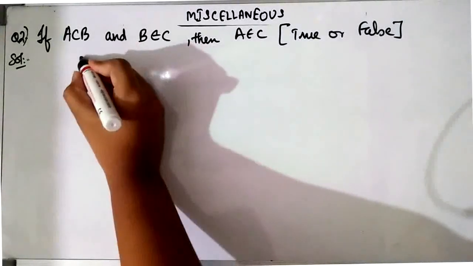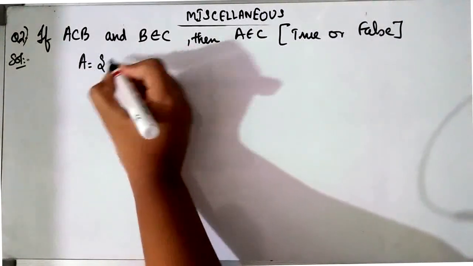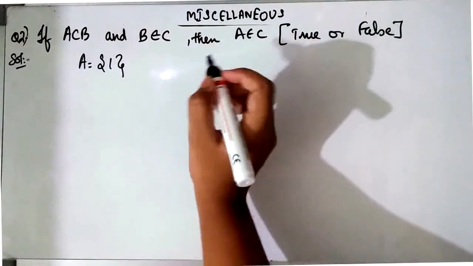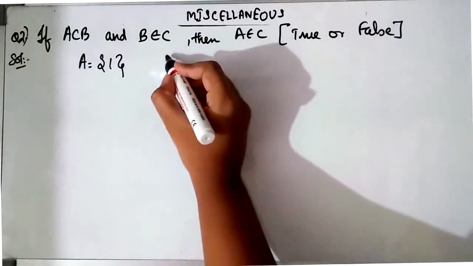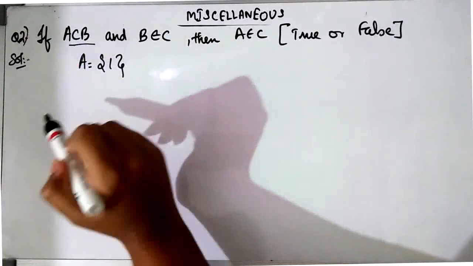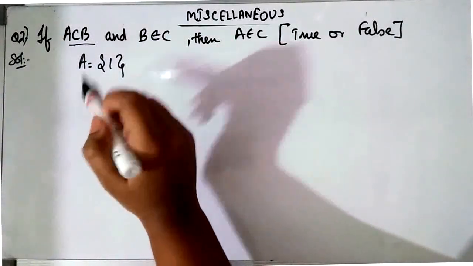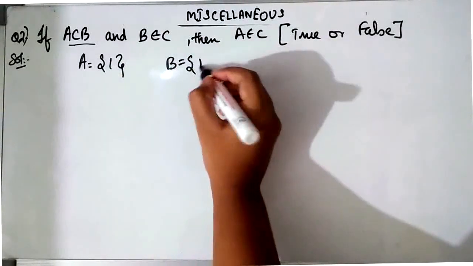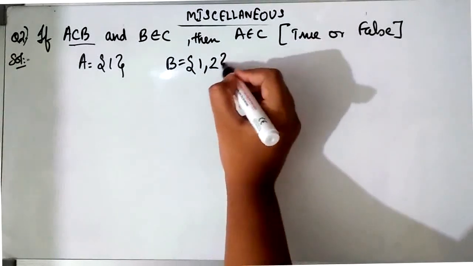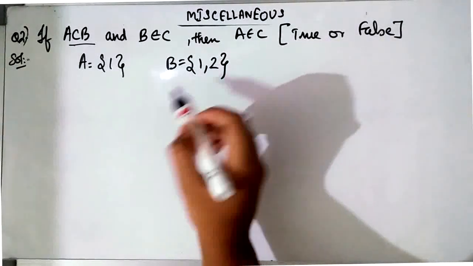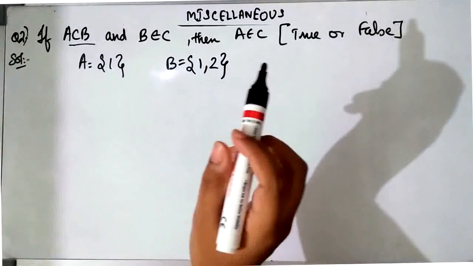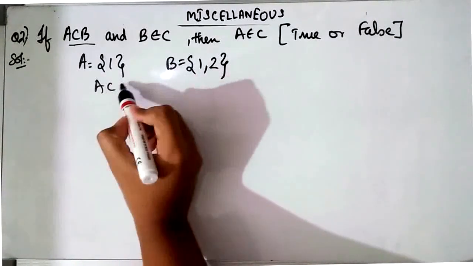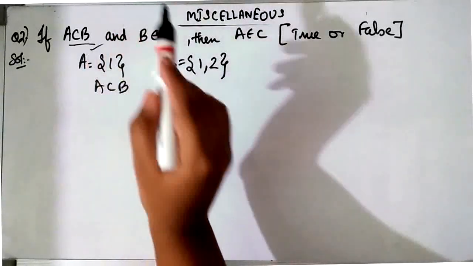Now let's see. Now okay, so I'll take set A to consist of one element, that is 1. Okay, now since first we will fulfill this condition. Now A is a subset of B, that is what they have said us. So we will take B in such a way that A becomes a subset of B. So let's take B to be 1 and 2. Okay, the elements of B to be 1 and 2. Now with this we can say that A is a subset of B. Okay, A is a subset of B. We have fulfilled this condition.